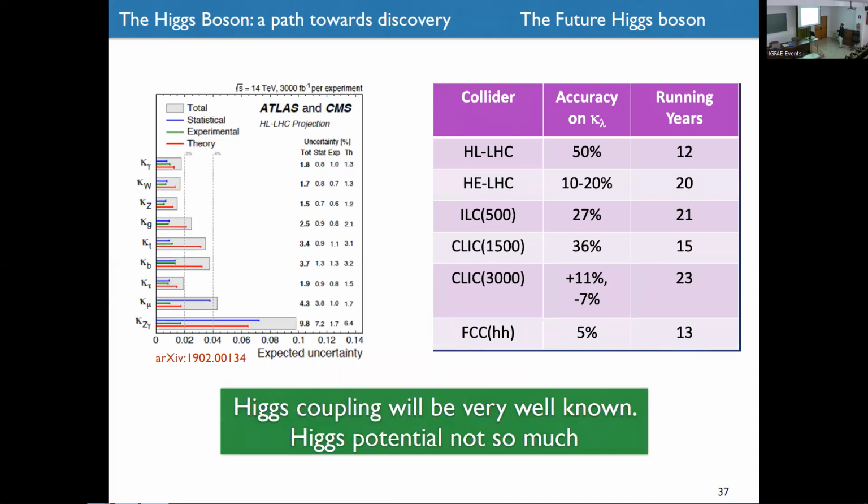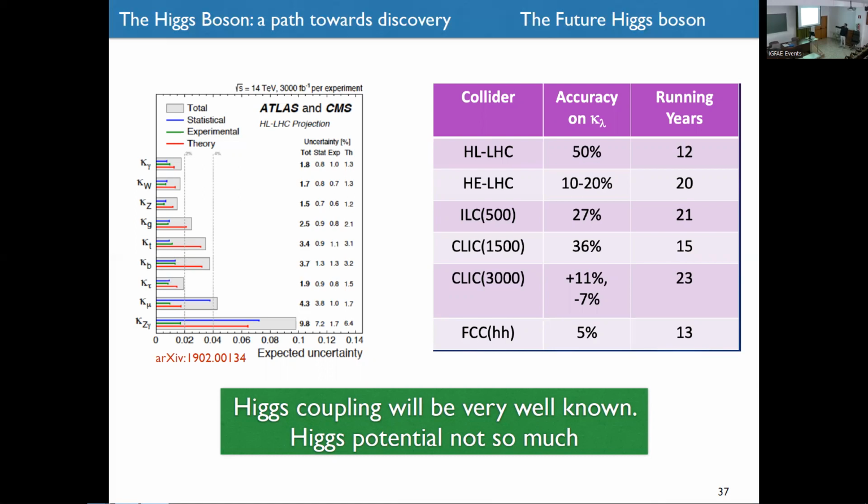What is this telling us about the Higgs boson? Well, already for the high luminosity LHC, the one that we know is going to run in about 10 years, we are going to nail down these kappas. You cannot see it well here, but these are the different kappas, and these are the estimated uncertainties. You can see that we are talking about 1%, 2%, where now we're talking about 10, 15%. So we are really pushing further on how well we can do.